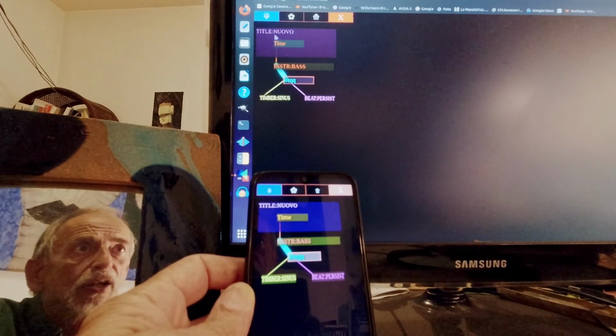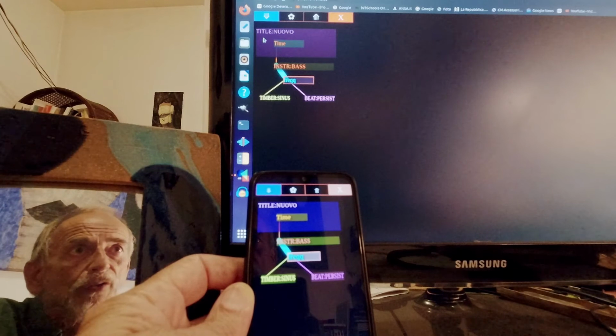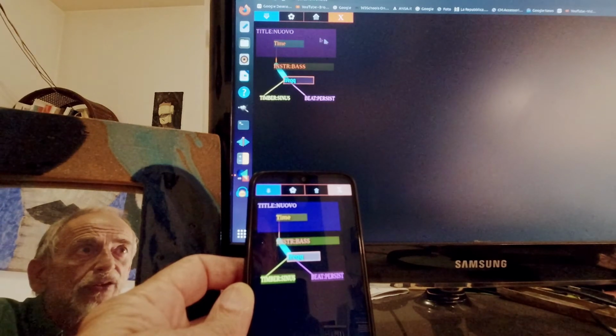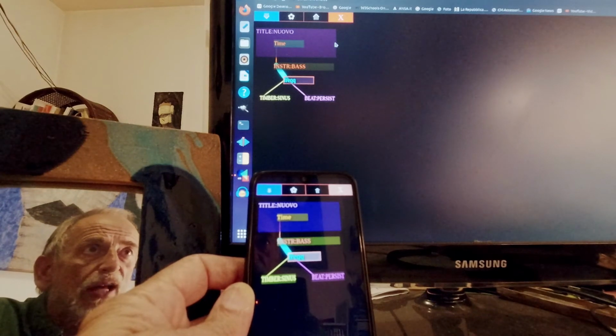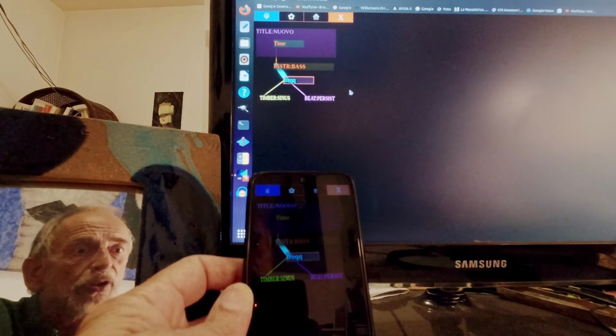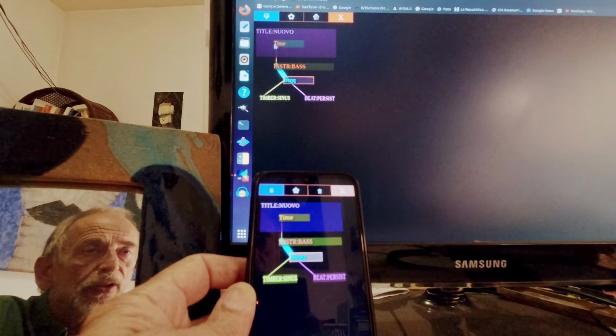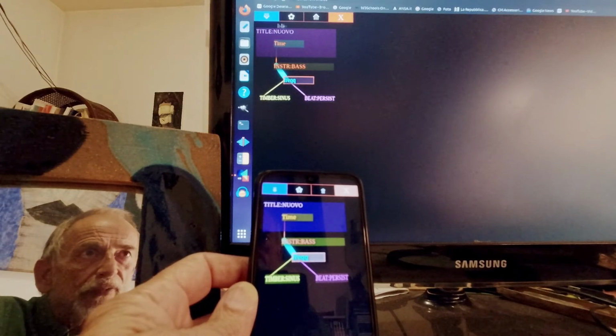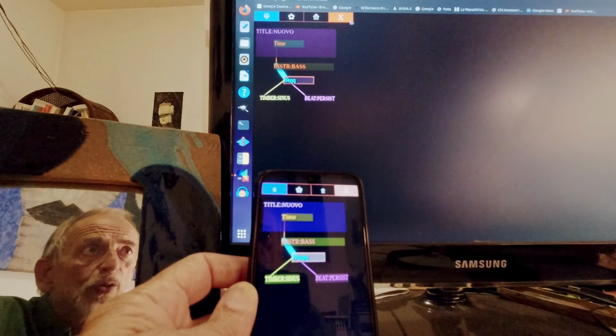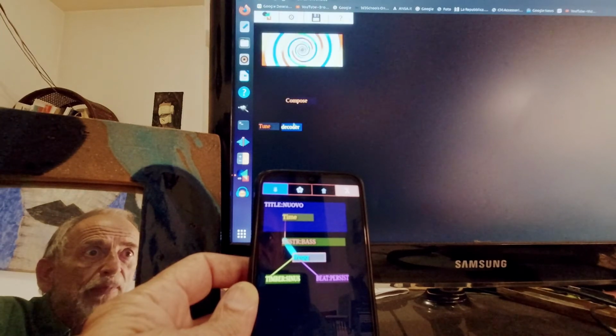And then you can press on the left side or on the right side of each element in the database.